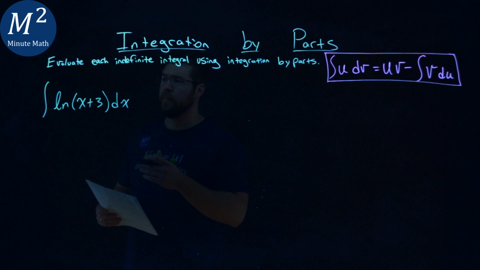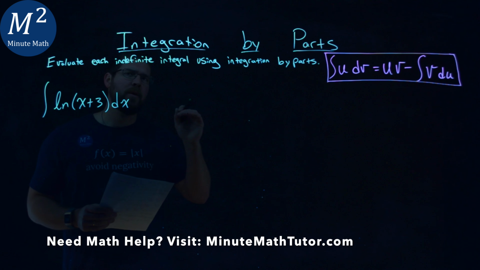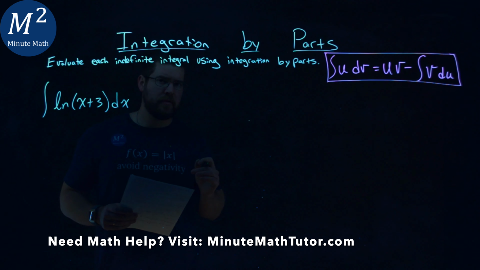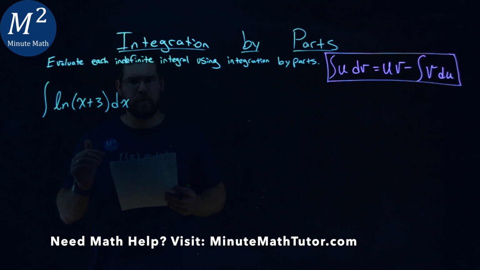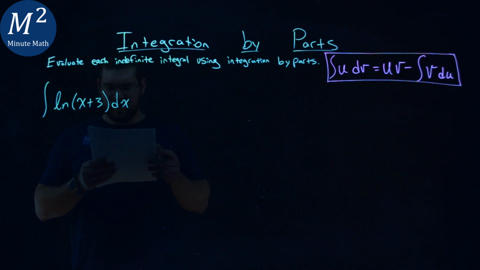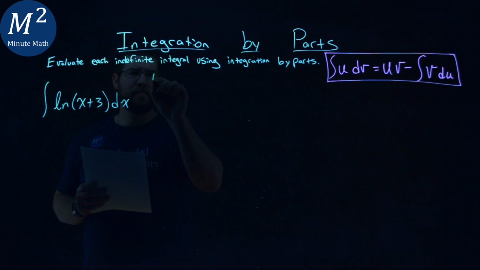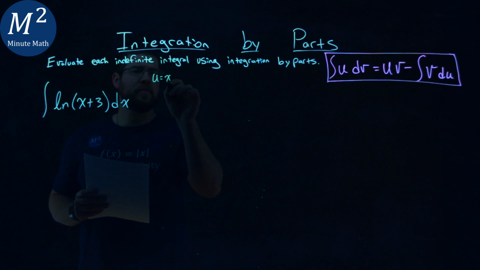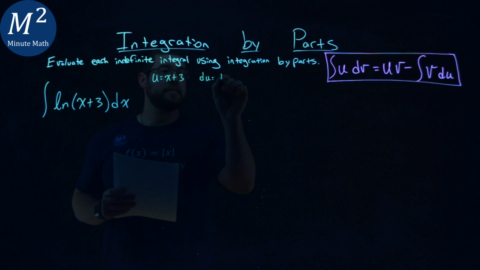Given this problem right here, the integral of natural log of x plus 3 dx, we're going to evaluate this indefinite integral using integration by parts. Now, this is actually a fairly tricky problem, okay? And so we're going to take our time through it. I'm going to rewrite this in terms of u and du, okay? So first I have a u value of x plus 3 and a du value of just the dx,